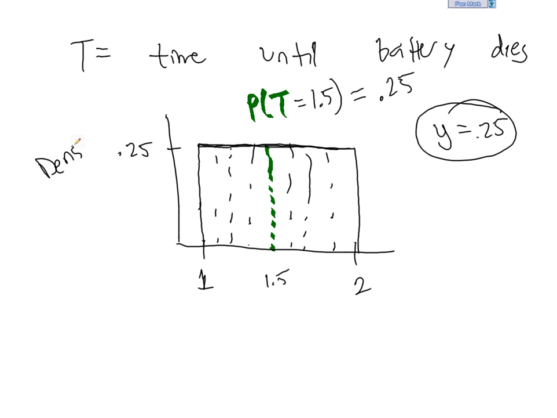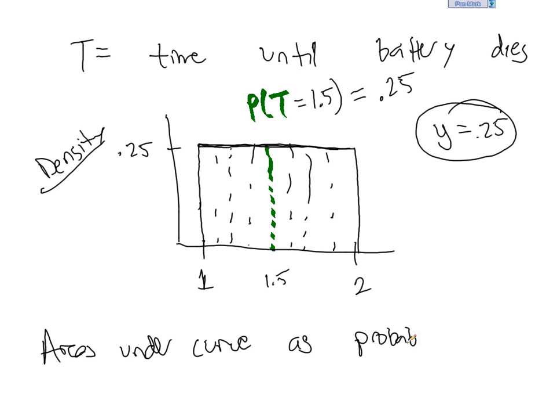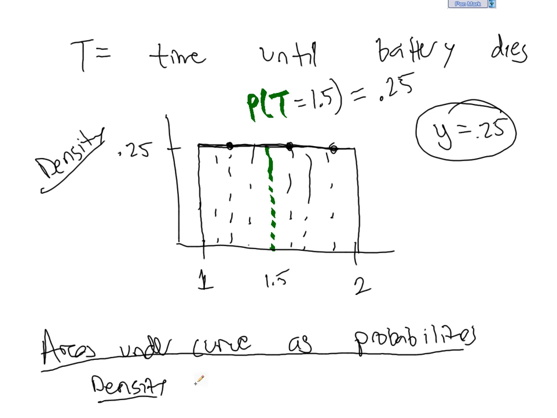So what we call this axis is density, and we think about areas under the curve as probabilities. You might recall in calculus you did integration. Well, that was areas under the curve. So areas under the curve are basically results of integration, but fortunately for us, we're not going to have to use any of that. Okay, so rather than to think about these points as being probabilities, we think about them as being densities. A density is just a fancy word for a value